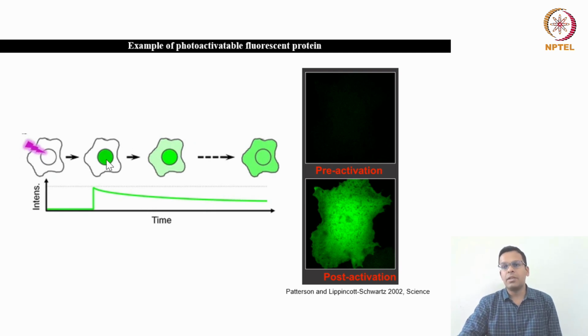But let's say if this protein is stable, just chromatin bound, it remains only inside the nucleus, then after some time you will not see the fluorescence in the cytoplasm. But if this protein is highly dynamic, after a few frames you can see that this fluorescence which you activated only in the nucleus has now come to the cytoplasm. So for this kind of fluorescent protein, before activation, you can see just the dark background, right? But after giving this blue light, you can induce the fluorescence, and the fluorescent protein gets activated. It gives you the green fluorescence. So this is known as photoactivatable fluorescent protein, because initially the fluorescence was not there, but then you have to activate it to see the green fluorescence.